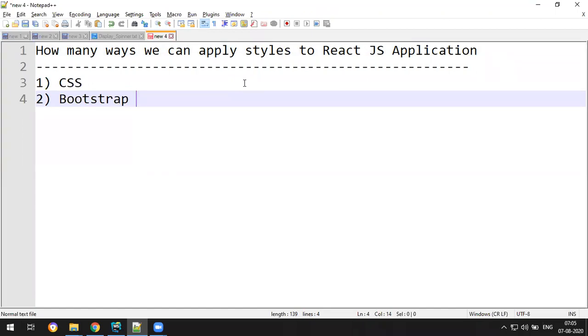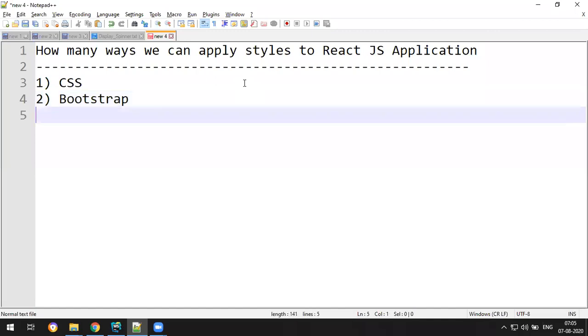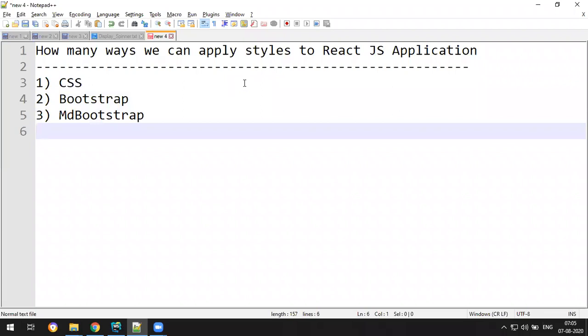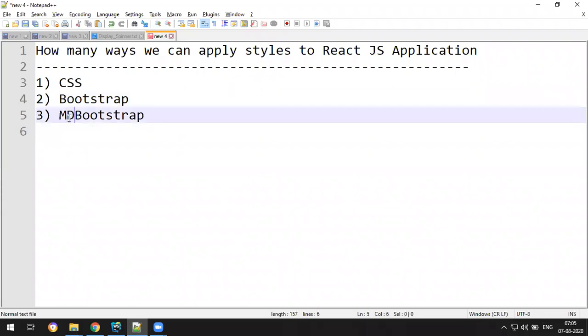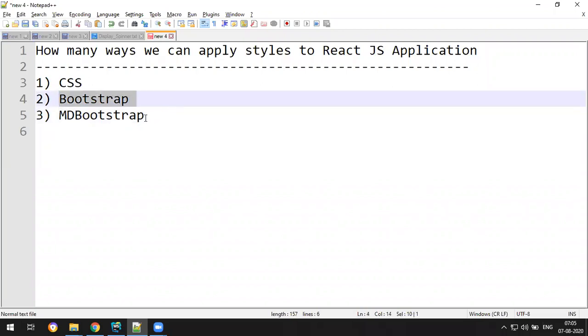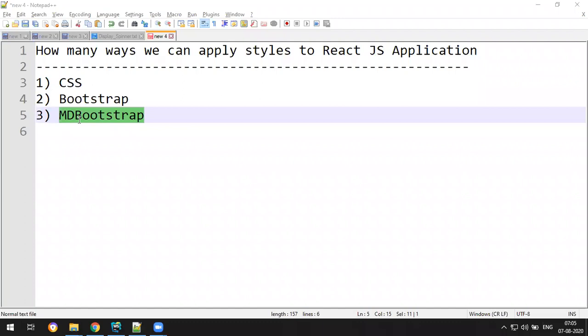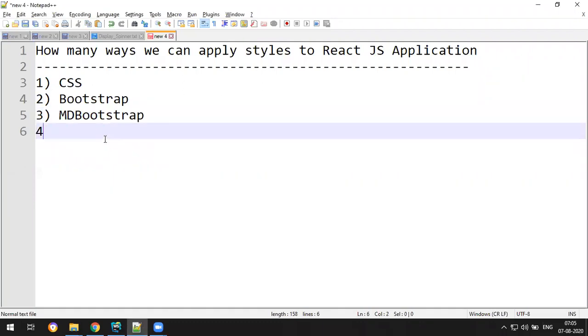Third, we can also use MD Bootstrap, which is something next level of Bootstrap, with richer user interfaces. It is a library on top of Bootstrap. You can also use MD Bootstrap, or else you can also use